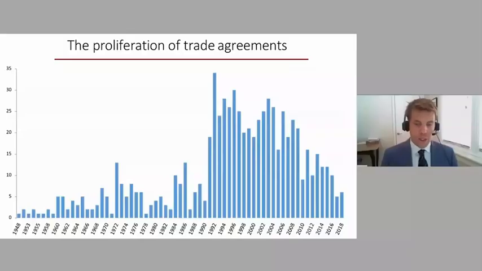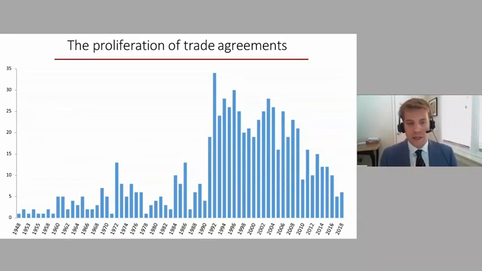Next slide, please. Yes. So this project started from the realization that there is a proliferation of trade agreements. As I mentioned earlier, more than 700 of them. Actually, if you look at the WTO website, you'll see fewer trade agreements. This is because not all of them were notified to the WTO. So here you have a more complete picture of all the trade agreements. And as you can see, actually, the number of trade agreements concluded every year peaked in the mid 90s, and there's been a decline since the mid 90s.